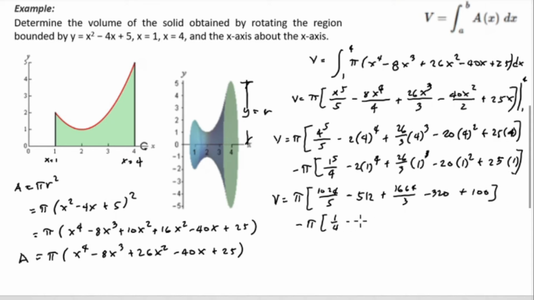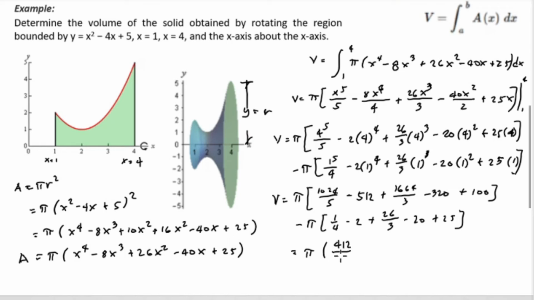1 exponent 4, or negative 2, plus 26 over 3 minus 20 times 1 squared, or 20, plus 25. And we summarize. So we have the least common denominator is 5 times 3, or 15. So in this case, the volume is equal to pi. In summary, it is equivalent to